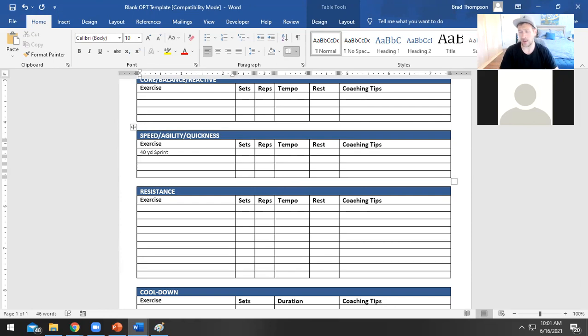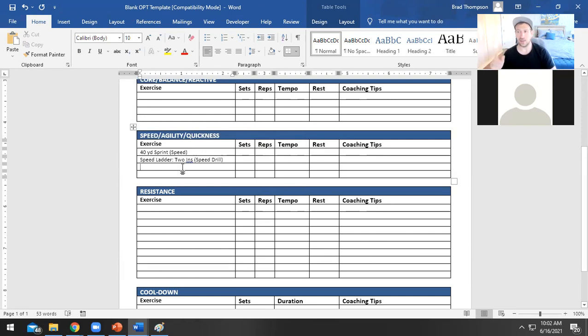Or maybe I do another one. And actually here, I'll put this in. We'll say this is a speed drill. And maybe I do another one. Maybe I go through a speed ladder and we do 2 ins. 2 ins is where both feet go into each ladder. And that's another speed drill. If my client was in stabilization, this is pretty much the type of drill that I would primarily focus on. Maybe it would be a side shuffle.